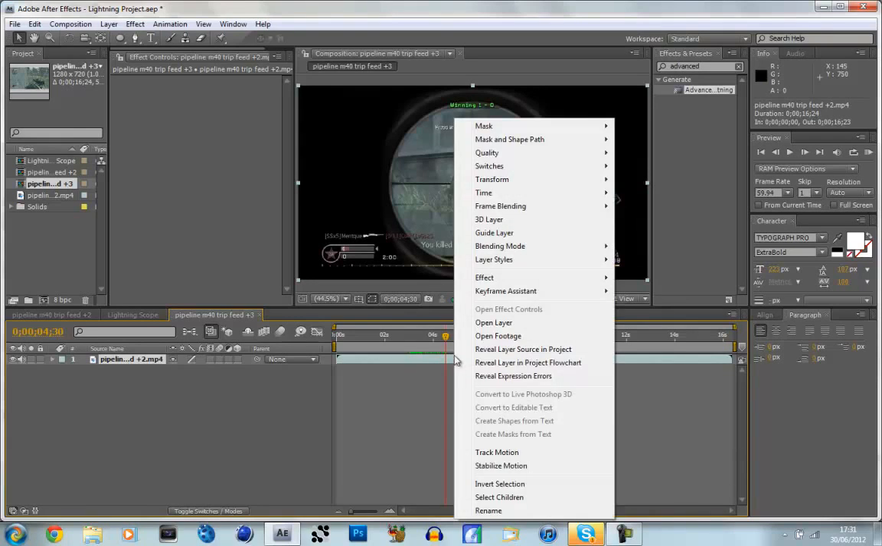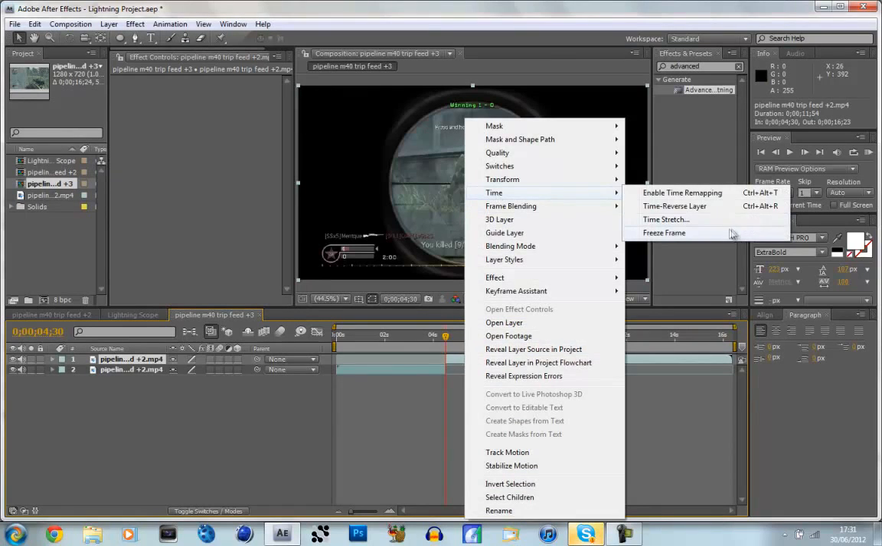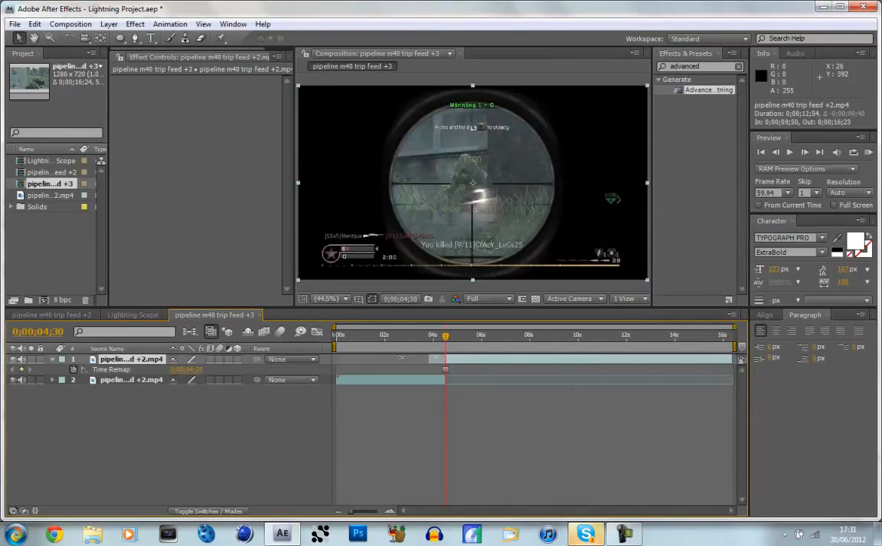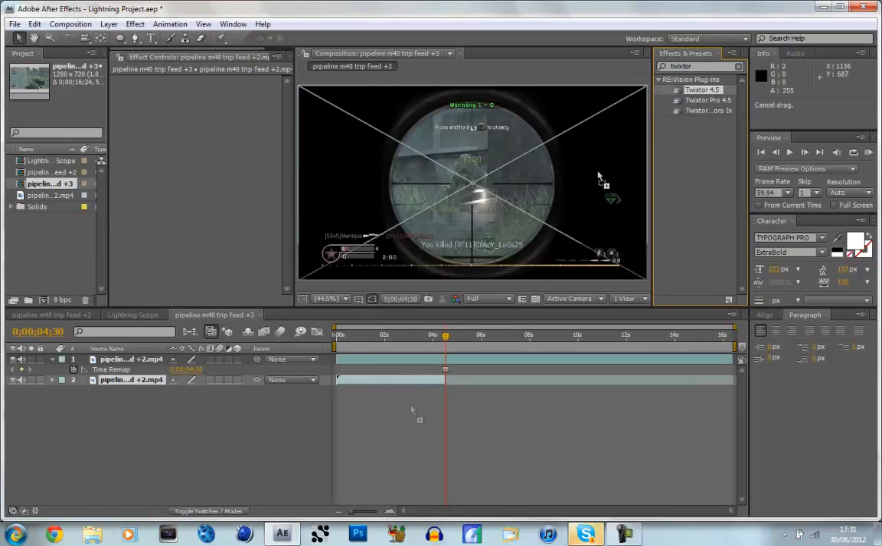Oh, it won't let me because of my recording, but anyway, we'll just go to Edit and then Split Layer, and now on the top one we're going to hit Time and then Freeze Frame, and we'll drag that out to the full length of the composition. And then for this one we could probably just add some Twixtor quickly from the last shot. So if we drag Twixtor on,